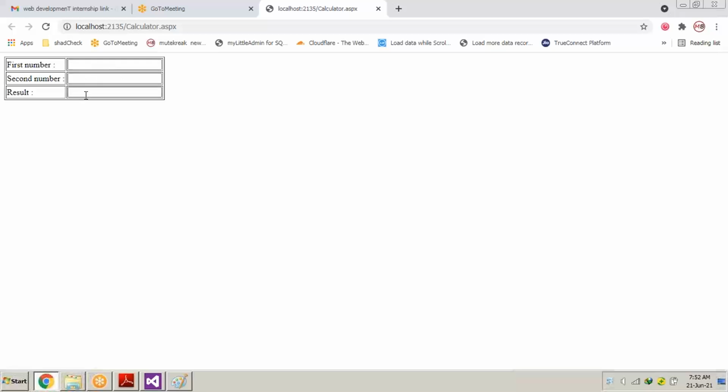Okay, we have first number over here, second number over here, and the result over here. Whatever numbers we put in the first and second number, the result, whether multiplication, division, addition or subtraction, will come in the result. Now remember, after seeing this table and this page, you have 2 TDs inside 1 TR. Remember, 2 TDs inside 1 TR, all rows having 2 TDs.